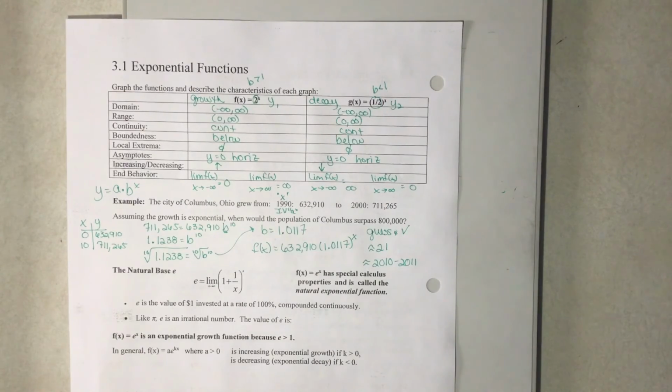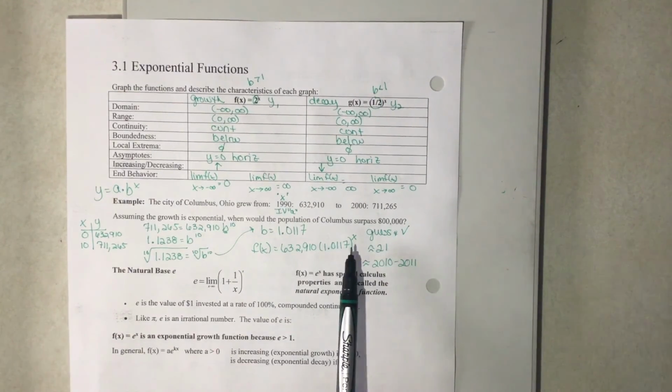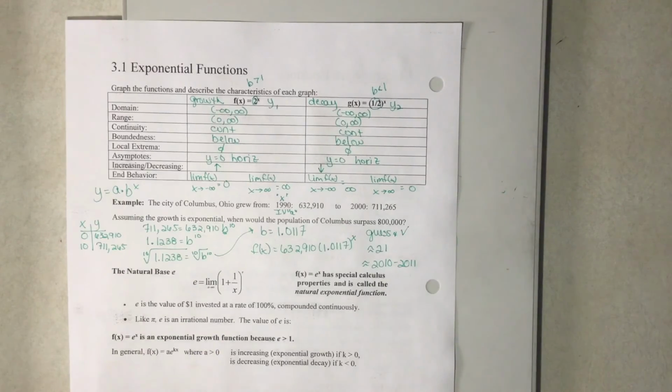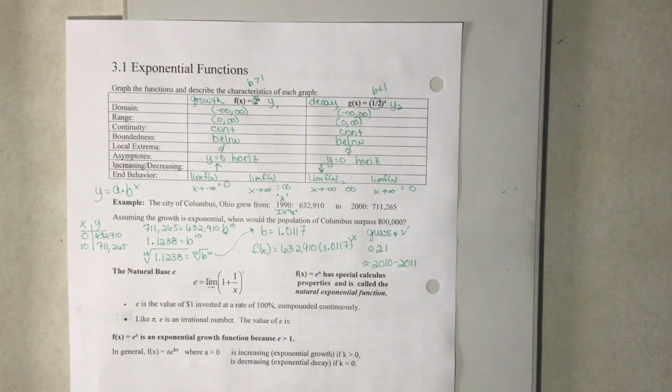Why do you know that it's 2011? Because it's in about 21 years, and whether it was through graphing, through the table, or through guessing and checking, you take 1990 plus 21. Oh, okay. Yep, and you get that. So it's pretty much exactly right. Because I imagine that was 2011, like the first of the year when they measured it. Correct. Okay, so we're going to move on to